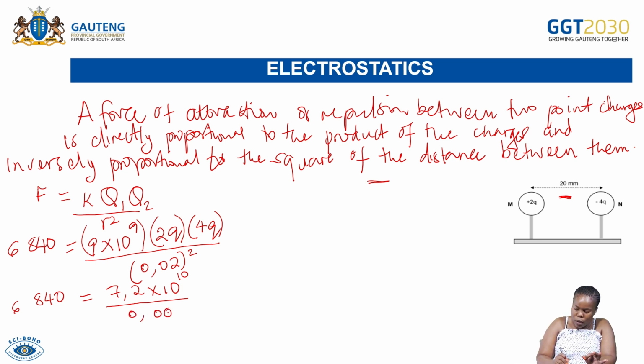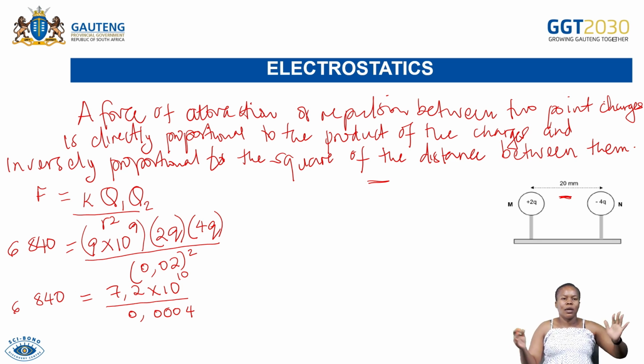0,00. How many zeros after the comma? There's going to be 3 and then 4. Okay, because now you have a fraction on the side and then you have only a number on there. You just need to do what? To cross multiply. Okay, don't forget here at the top you had multiplied 9 times 10 to the power of